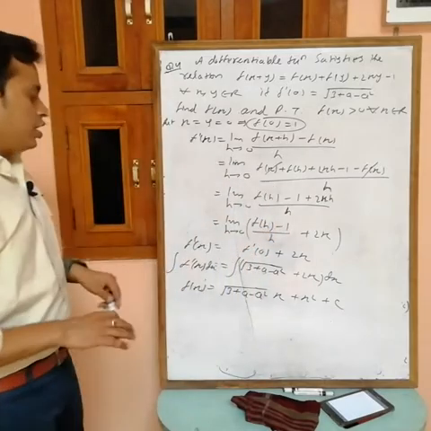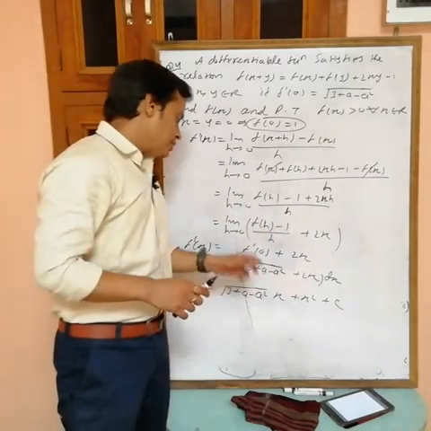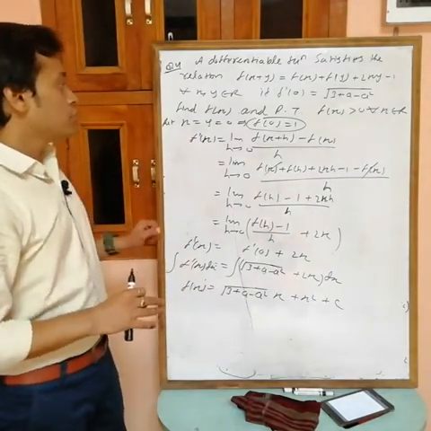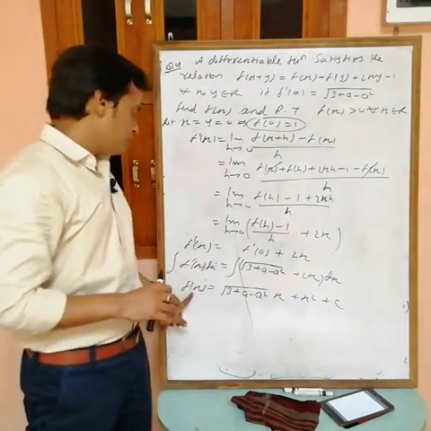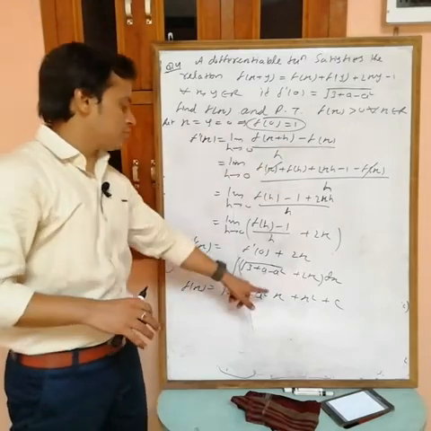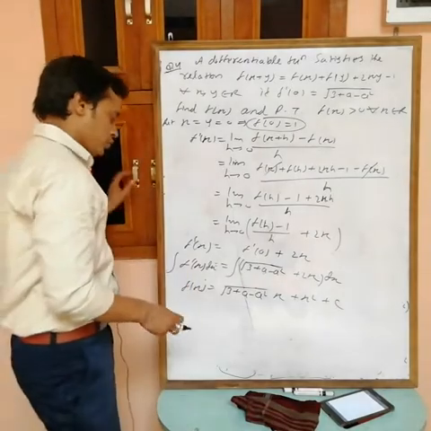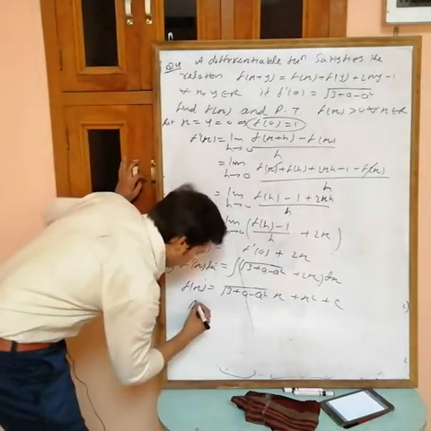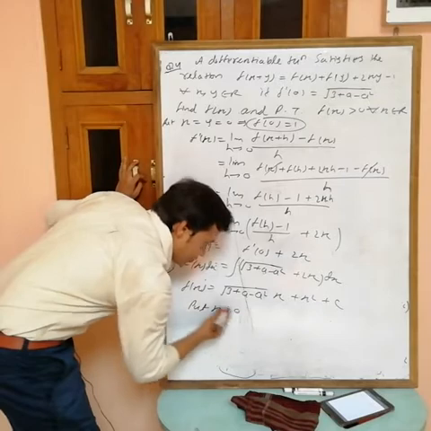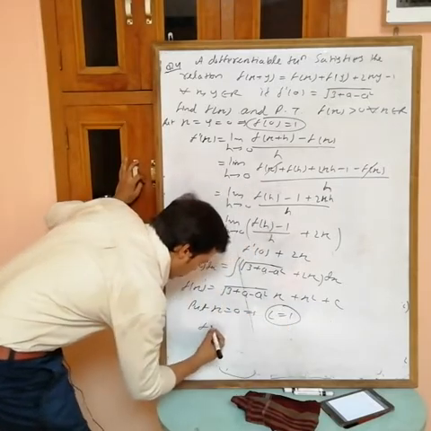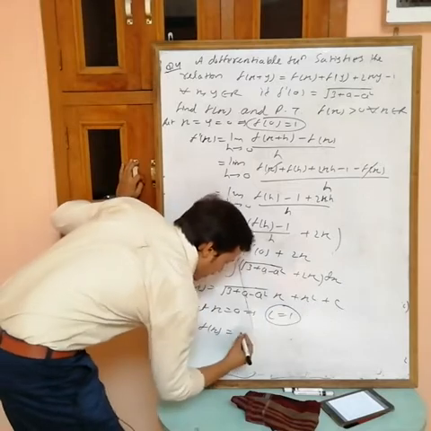If I put x equals 0, now we want the value of c. f(0) equals 1, the other terms are 0, so we get c equals 1. So f(x) is equal to x square